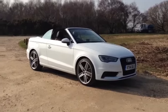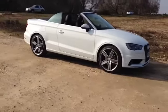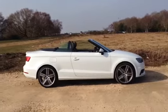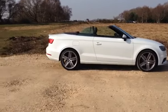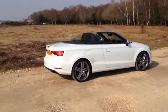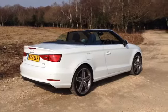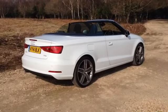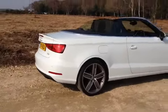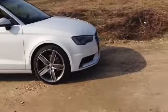This is the 2014 Audi A3 Cabriolet, and as you can see, looking at it sideways on, it's quite a bit longer than the old version, and that's because this is based on the new A3 saloon. It's got a shorter wheelbase than the saloon. It's slightly longer than the A3 three-door hatchback. It'll be in dealers in April